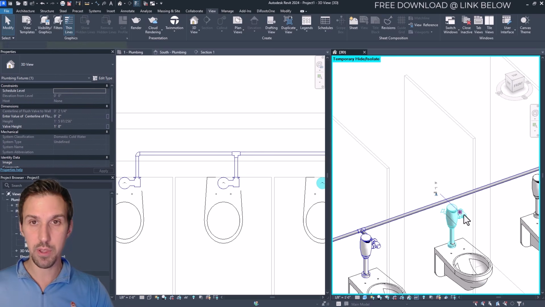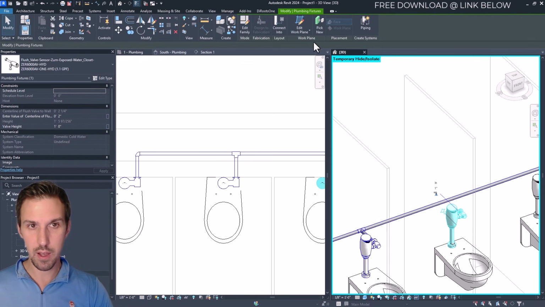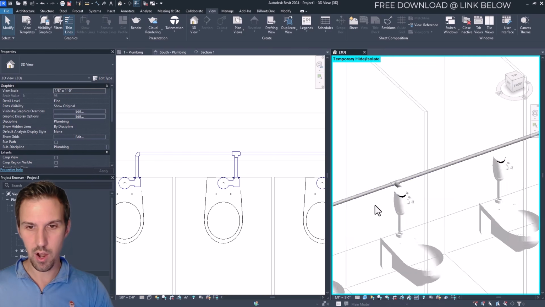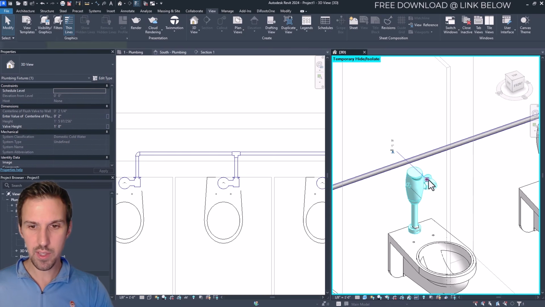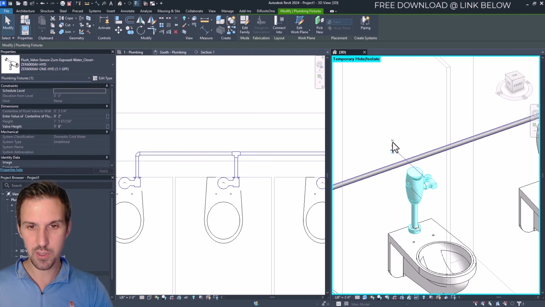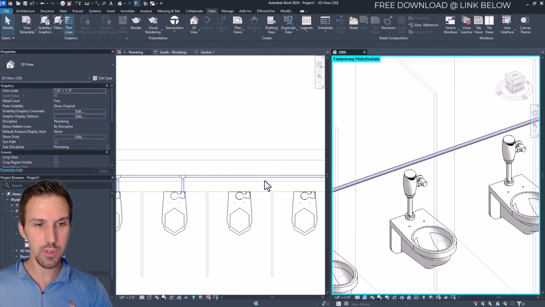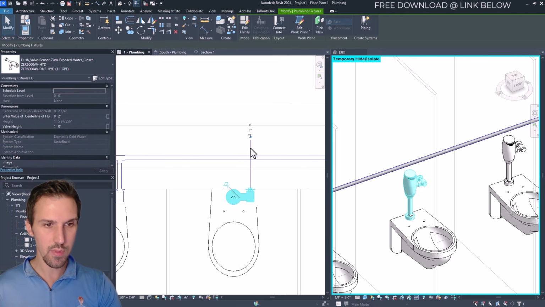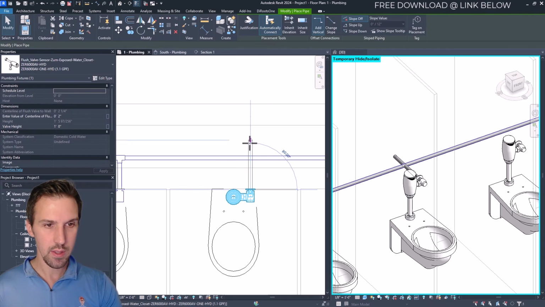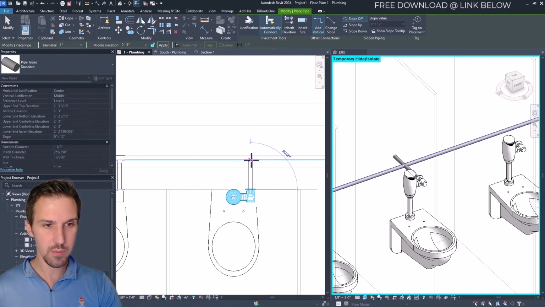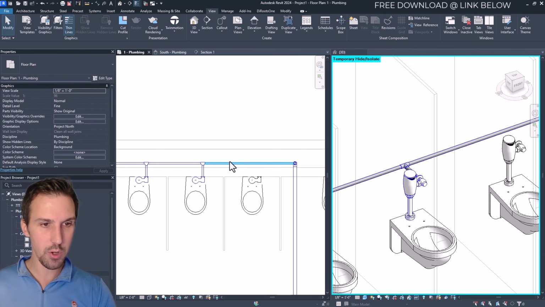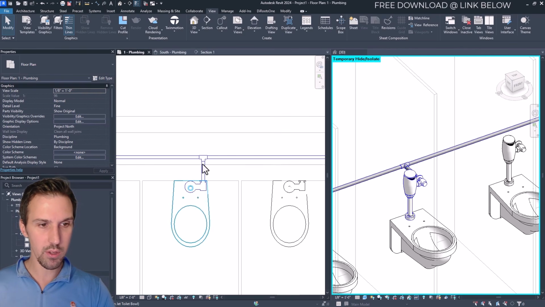You can also do it from a 3D view. If you click on the flush valve, hit connect into, and then click the pipe, the connection gets made automatically. Now it's using the connector size, so it's using this 1-inch connector size for the size of the pipe. You could also do it the old-fashioned way, so I could select the flush valve right here, click this button, and then go into the pipe just like that, and click, and that's looking great. I can also do it from the main, so if I want to use a 1-inch pipe,